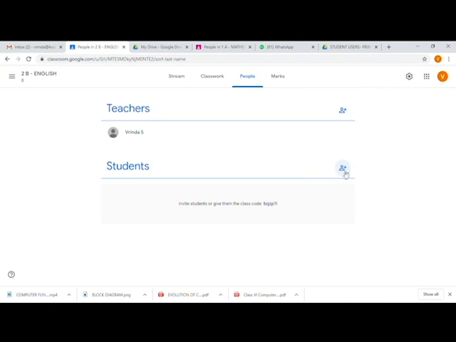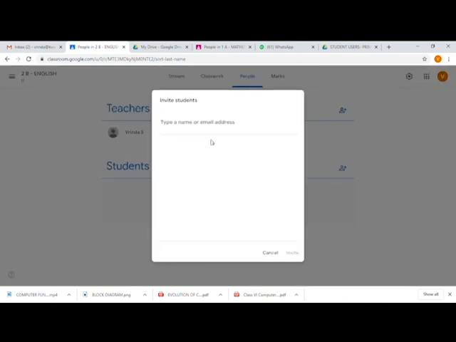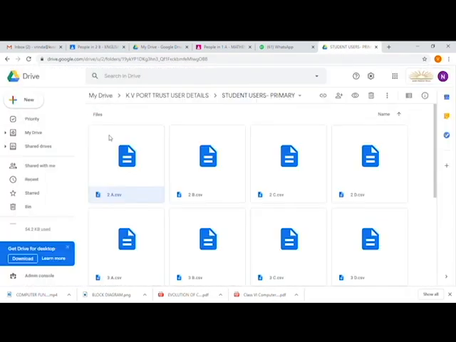So for that, click on this, type name or email address. Now what to do for this step? All of you will receive a link in your WhatsApp group or in your personal email ID, and when you click on that link, you'll be taken to such an interface.